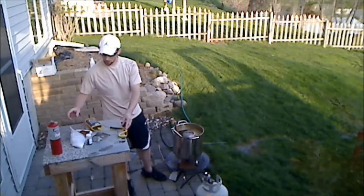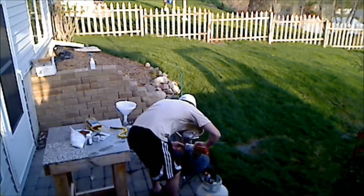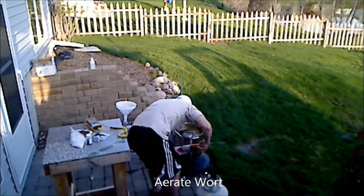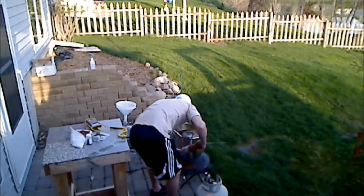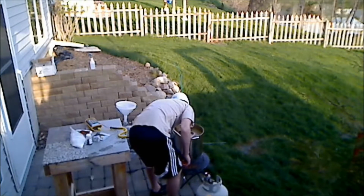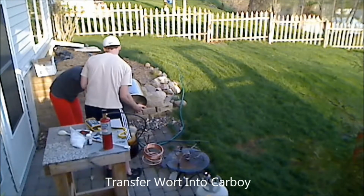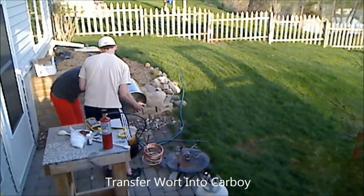Once you hit 65 and you're cool, you've kind of maximized the solubility of your oxygen. So at that point you'll aerate your wort if you have an oxygen tank. If not, you'll skip this step, add it to your carboy, and then stir the carboy, tip it on its side, cap it, and roll it around for a good 10 to 15 minutes, and that'll be sufficient, unless you are doing the higher gravity beers, because those are the ones that are critical for the oxygen. So you might need some assistance on the second part, but transfer your wort into your carboy,